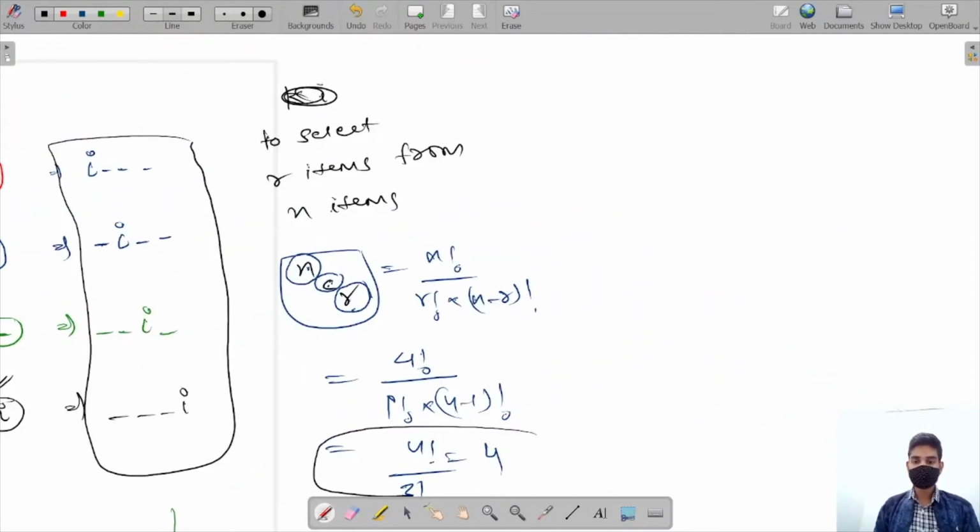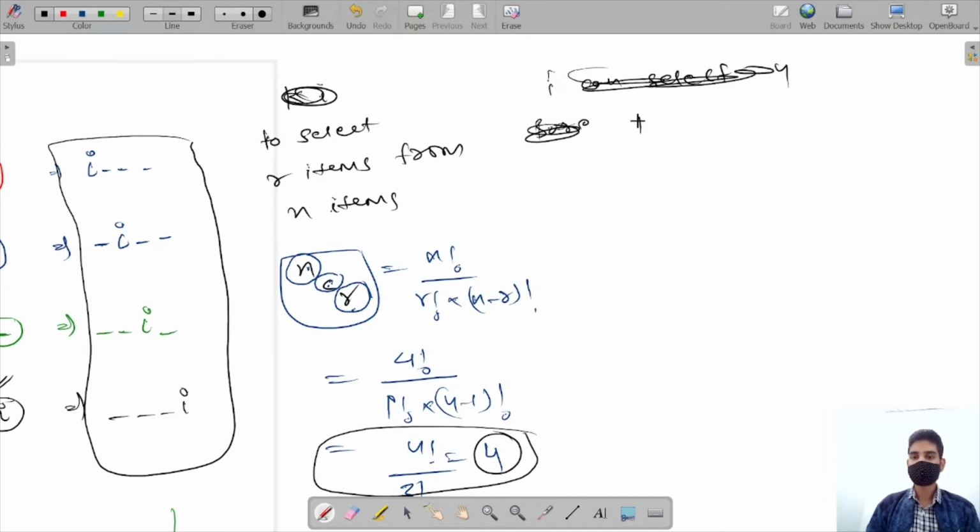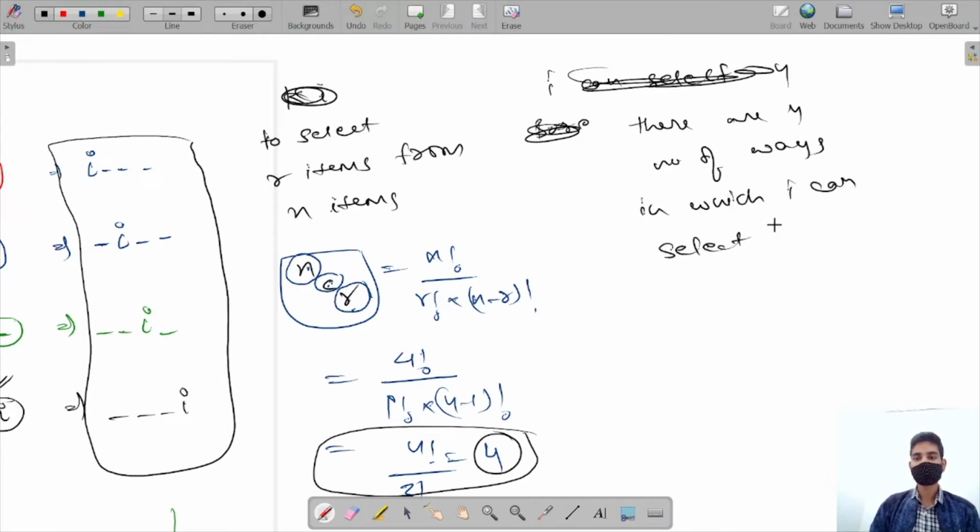There are 4 ways in which I can select one item from four items.